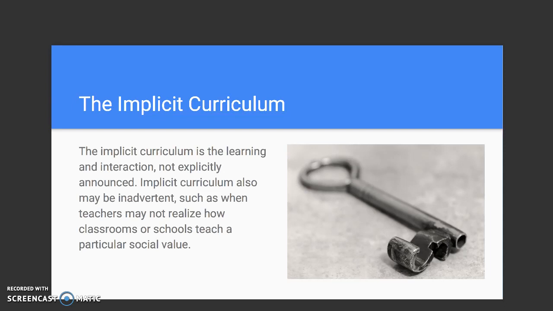Longstreet and Shane in 1993 defined the hidden curriculum as, quote, the kinds of learnings children derive from the very nature and organizational design of the public school, as well as from the behaviors and attitudes of teachers and administrators, unquote. The hidden curriculum of a classroom or school informs students implicitly or explicitly what the teacher or the school values or does not value. And like we discussed last week during our simulation, it doesn't always have to be negative, but often it is.